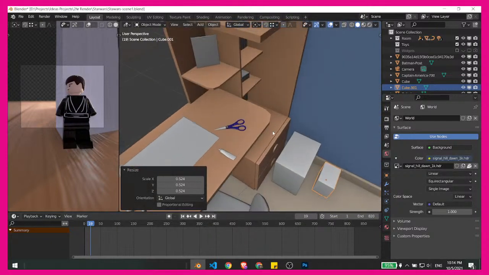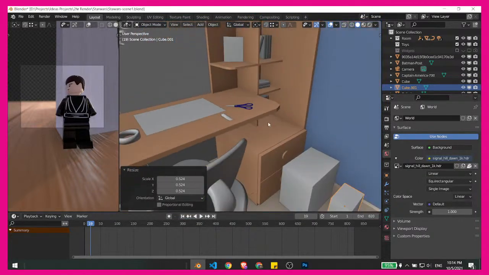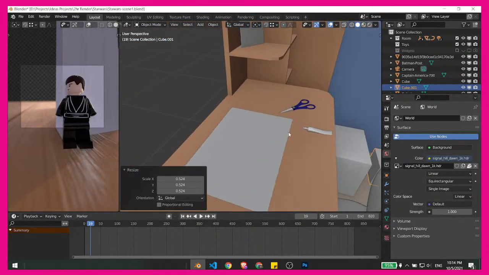I'm thinking about how I can add some things here so that I can make them climb this. Basically, what I want to do is